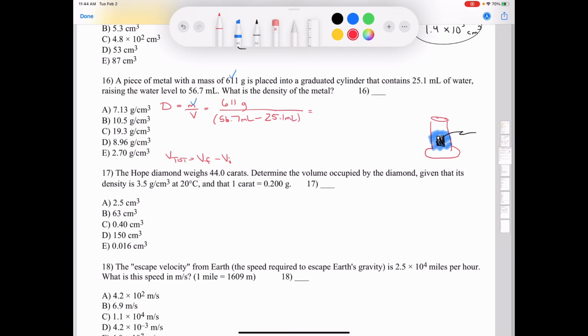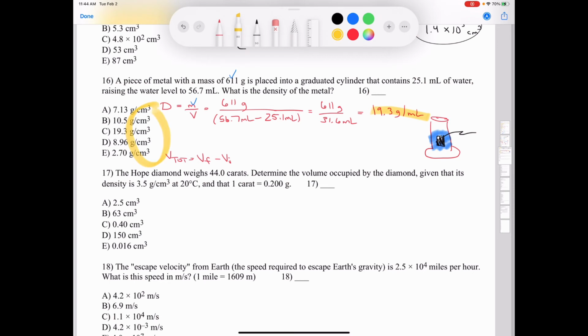And when you do the math and you use the correct number of significant figures, you end up with 611 grams divided by 31.6 milliliters, which ends up being 19.3 grams per milliliter. Now you notice that our answer is in grams per milliliter, and all the answers that